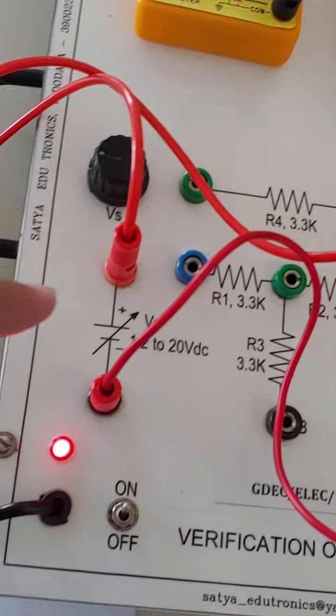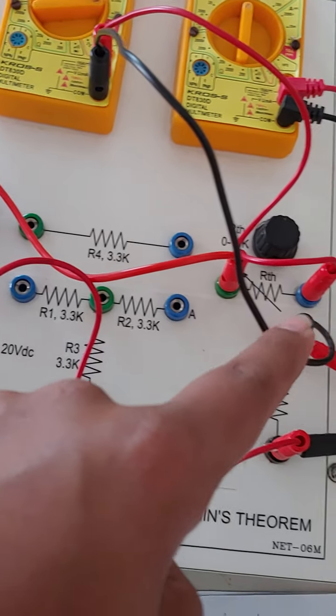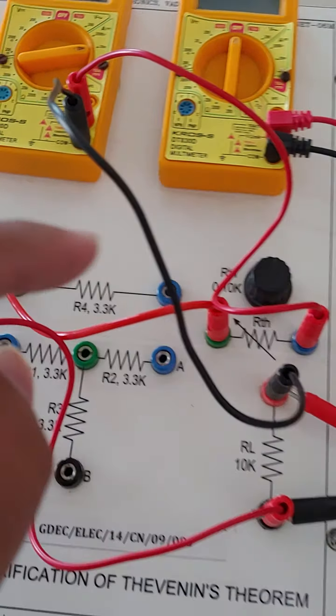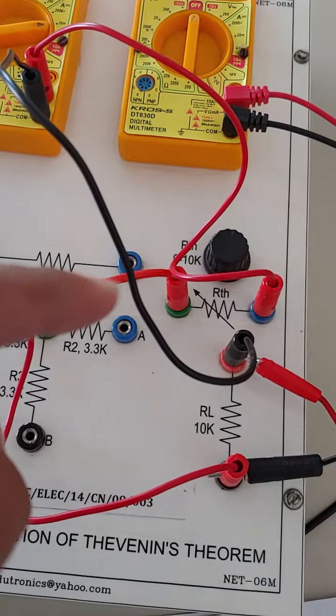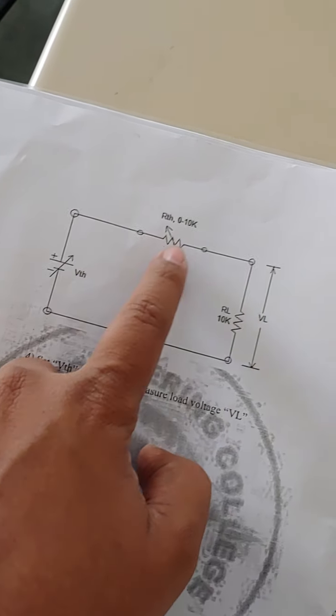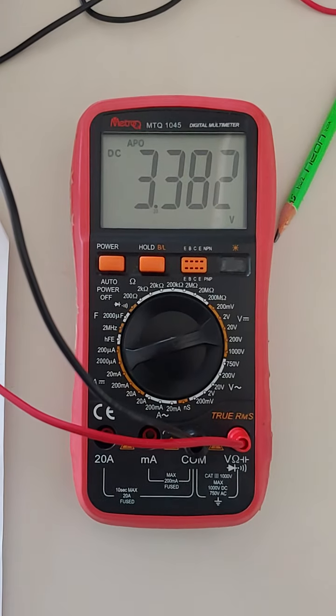Similarly here we have set the voltage VTH to 5 volt. This is the RTH, which we have set with the help of that rheostat. The rheostat is in between, and it is 4.95 ohm. So the same parameters, VTH and RTH, are over here, and similarly we have connected RL. You can see the current is 0.33, the same as before, and the voltage across this, VL, which we are measuring, is again 3.34.